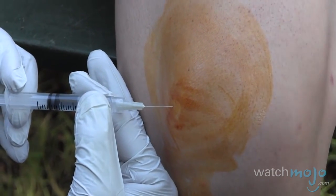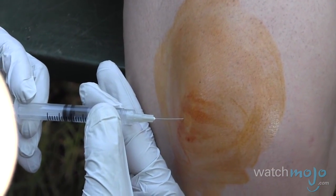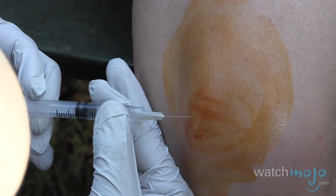So when you're doing local anesthesia like this, the slower you go, the smaller the needle, the less painful it